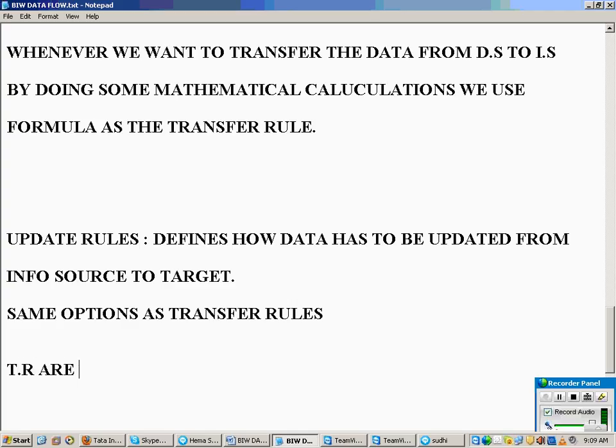So transfer rules are globally applied to